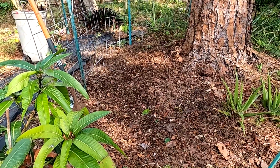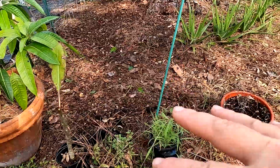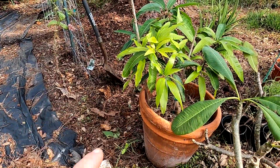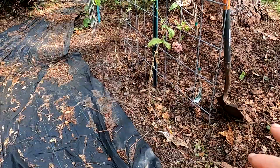It took a good hour, but we got all the vines picked up that were crawling across. I couldn't believe how many were crawling across and up into the mango. This is a Pickering mango, and it was awful. And so I also just cleaned out in front of all the